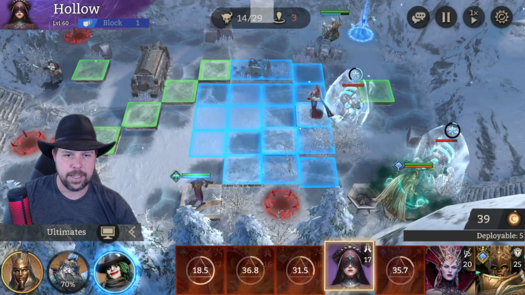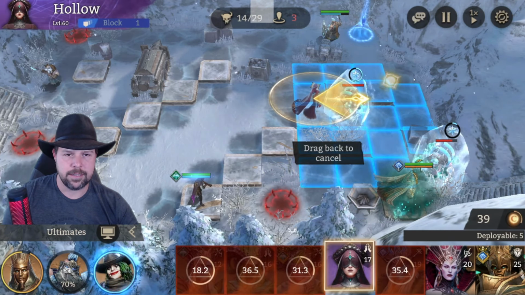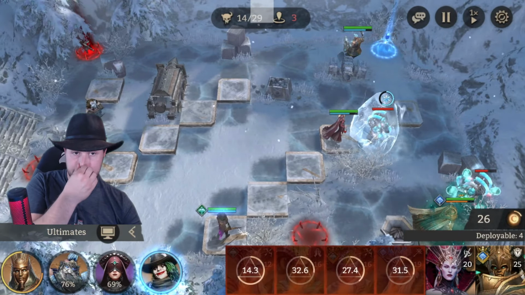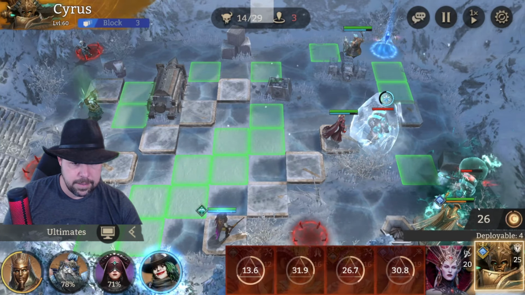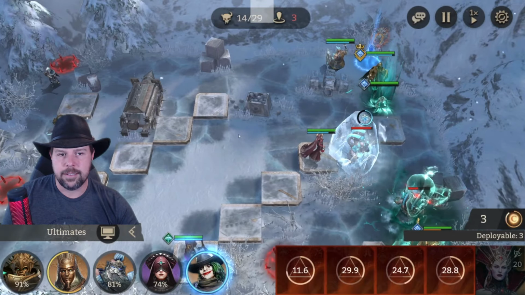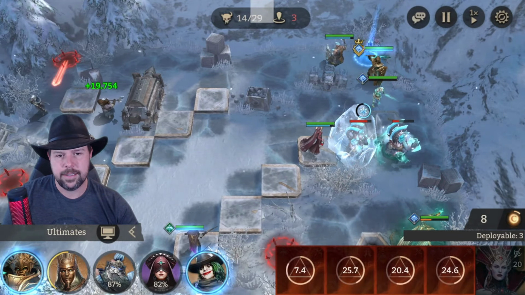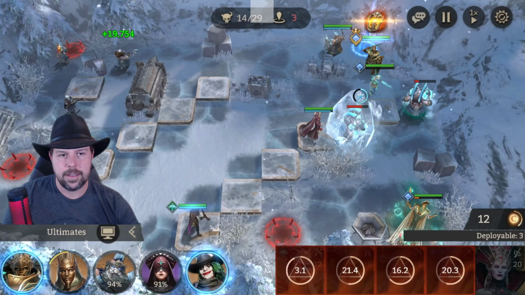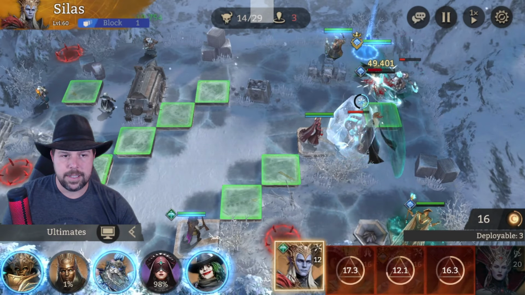We can't get Comet in the heal range, so we're just gonna go ahead and place Hollow right there. We're gonna wait, right? Yes, so go ahead and place Cyrus right here facing down. Just a little bit of tankage going on. Should be able to hold them off temporarily until we get